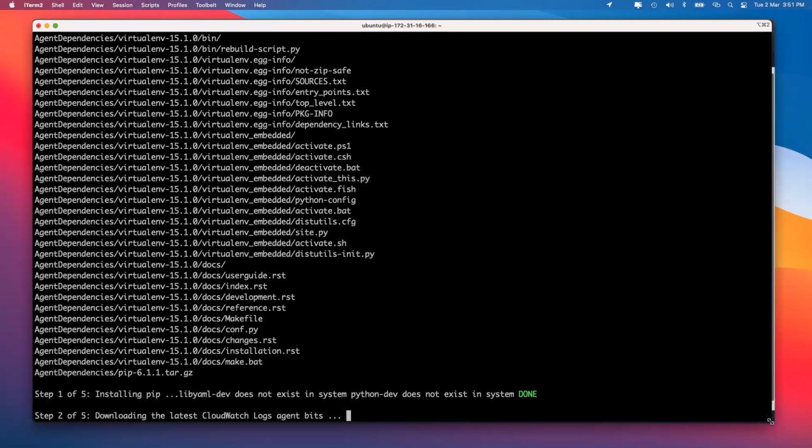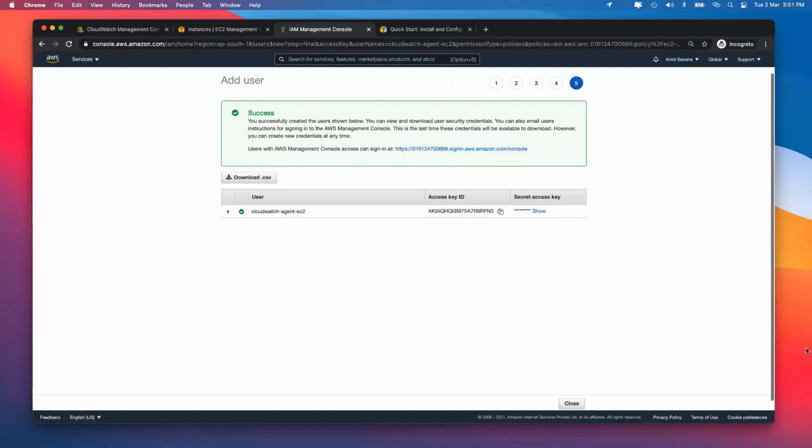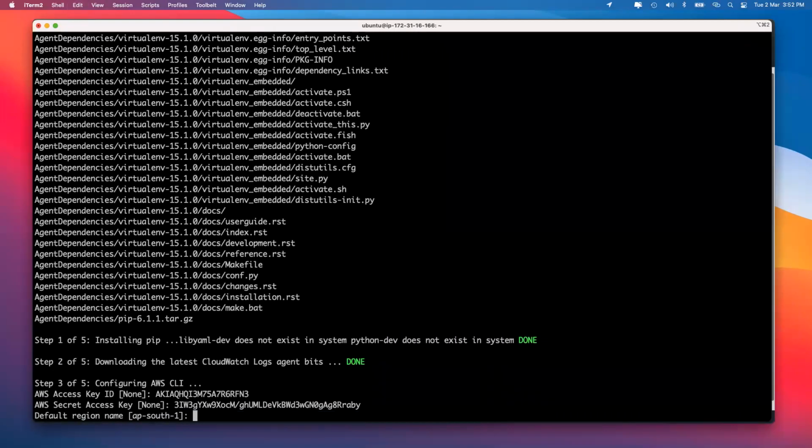The moment it asks me for my access key ID and the secret access key, we are going to provide that. Also remember that it's not only the access key ID it's going to ask for. There are many things over there which we are going to see now. So right now, let's give the access key ID, and the secret access key is this. My region is AP South 1. Now, how did it automatically know AP South 1?